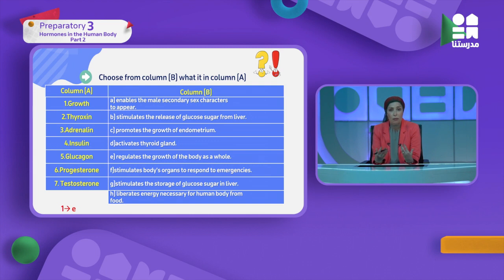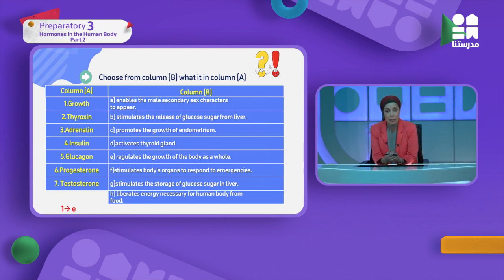And we also knew the importance of the two hormones, and we knew that they are opposed to each other. One of them, insulin, helps to reduce the level of sugar in the blood by converting it into glycogen stored in the liver. And glucagon goes to the liver, takes the stored glycogen, and converts it again into glucose, so the level of glucose sugar in the blood stays as it is, neither decreasing